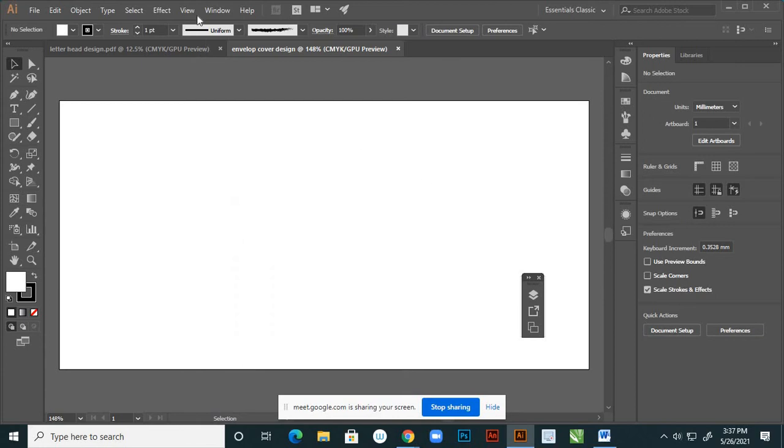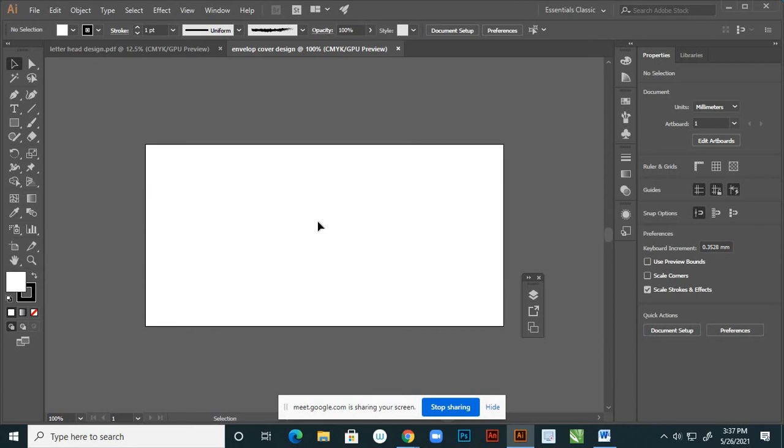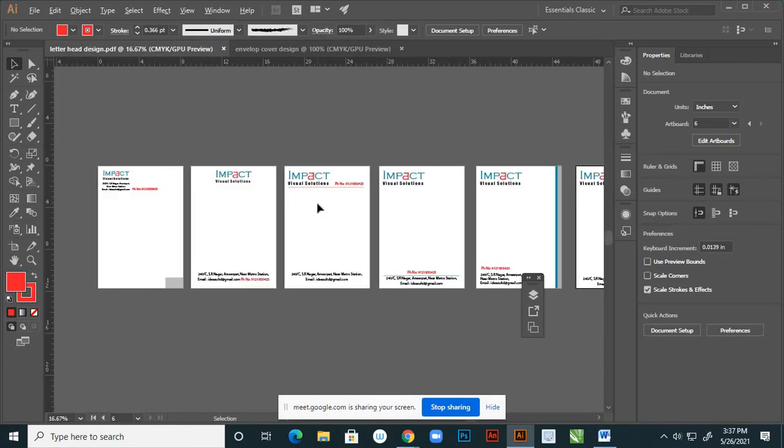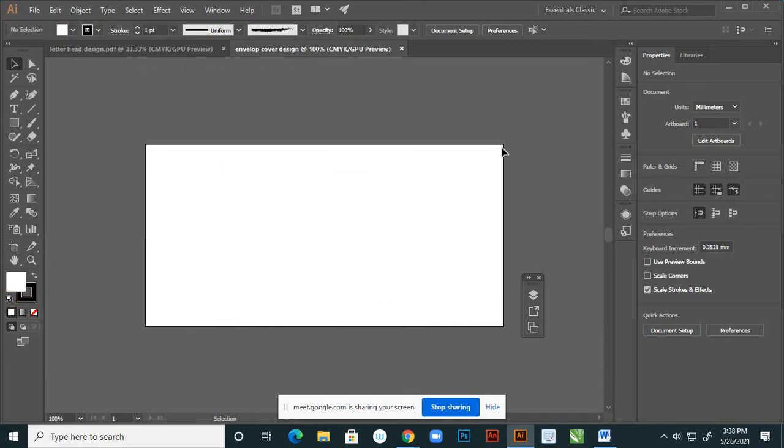So this is, but if you check with the actual size, this is your envelope, right? So that means envelopes means what? After designing your letterheads, you write something on the letterhead and you can fold it into two pieces. Suppose here one fold and here one fold. You can three-fold and get it into this cover envelope, right? So yes, I'll copy